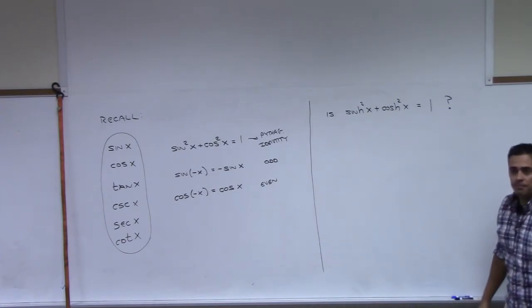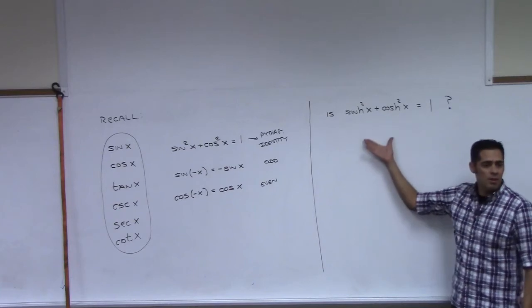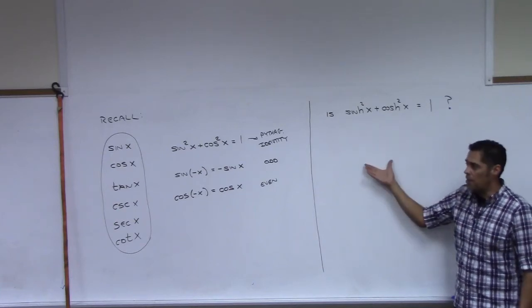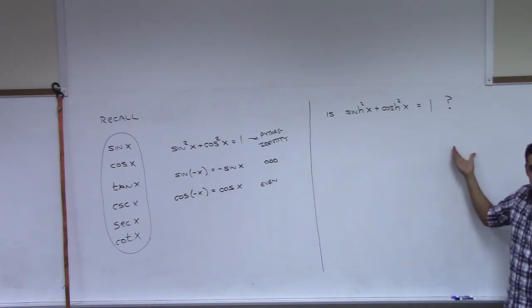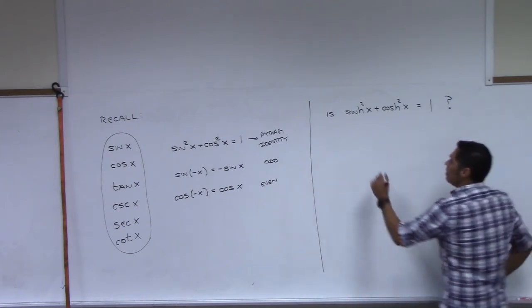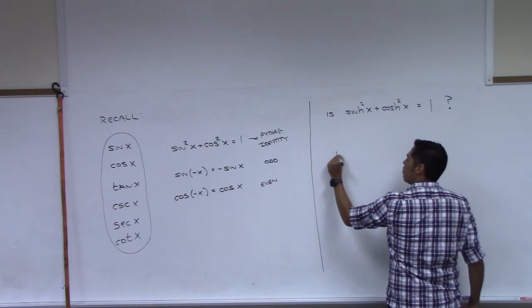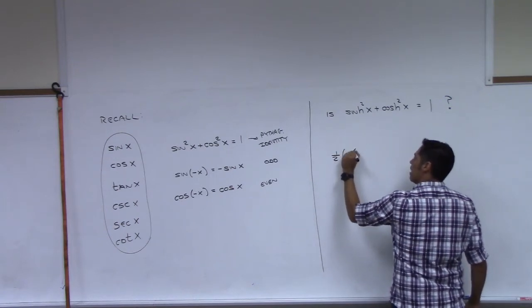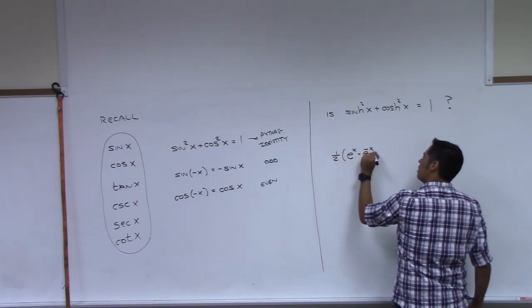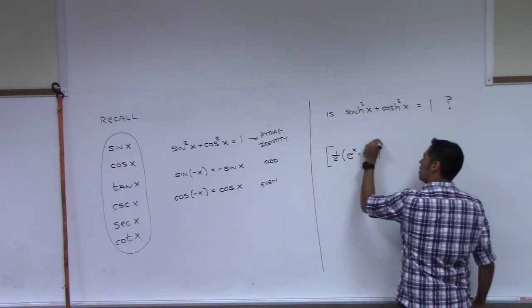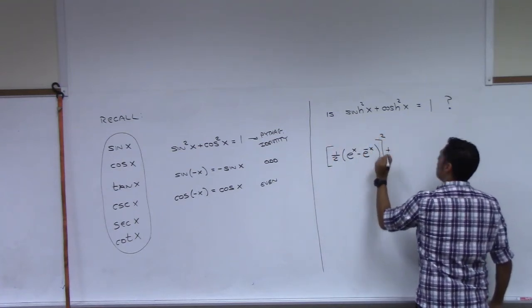How do we check it? We compute this, don't we? We compute it, and then we see if it equals 1. Let's try it. What does it mean to say hyperbolic sine squared? Well, that means I take the 1/2 (e^x - e^(-x)), I take that whole thing, and I square it. And then I add to that